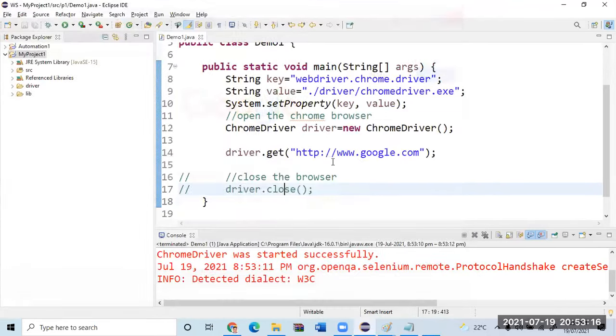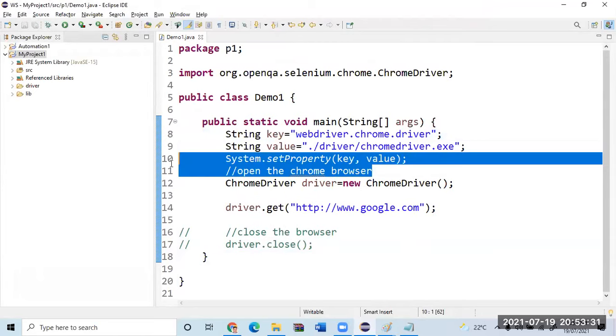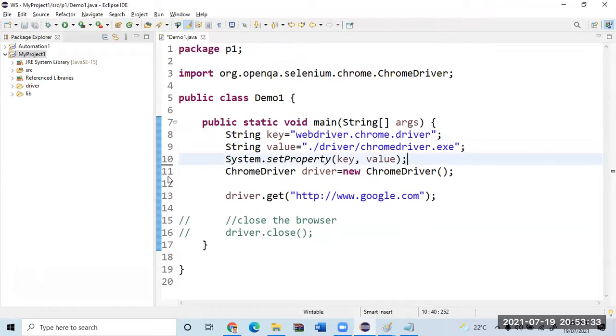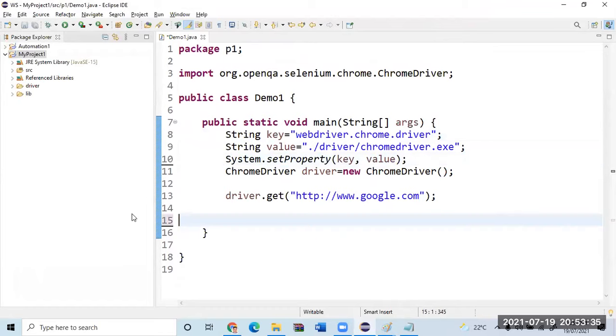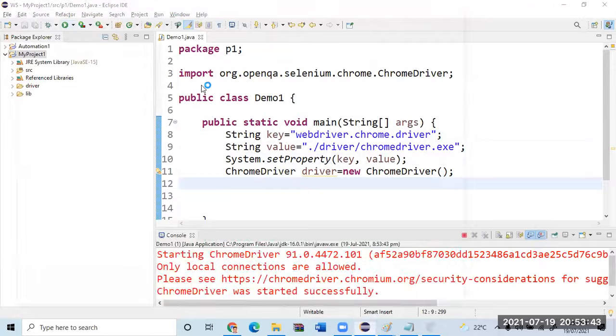Of course, so many things are happening in the background. I will teach you tomorrow definitely. What is this key? What is this value? What is this System.setProperty? What are we doing here? All those things I'll teach you. Just for today, for testing purpose, please ensure that you have written this program. This is also not enough. Just this much is enough. If you run it, what should happen? It should just open the browser. Am I right?